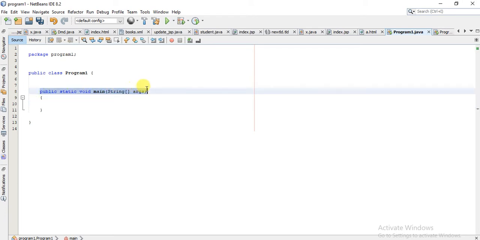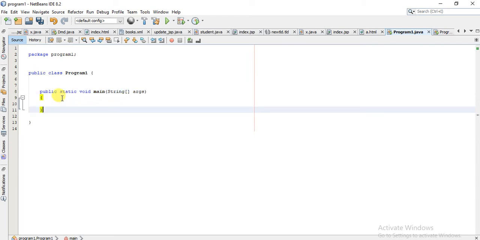But to access this main function, the compiler needs the object, and the object has not yet been created. So that's why we have used the public and static keywords. Public is the specifier, public makes it publicly accessible, and static keyword makes it a class member.